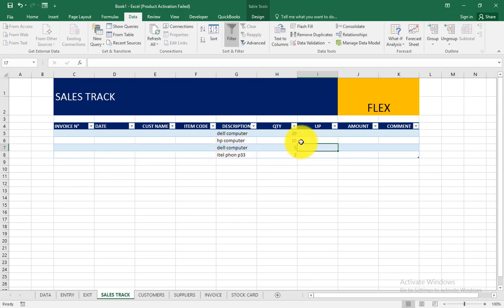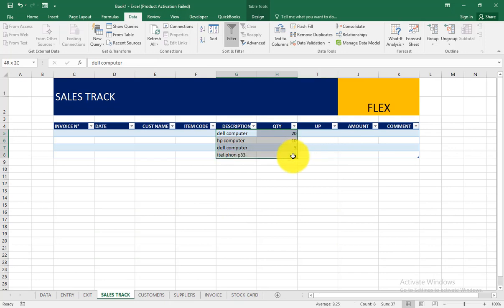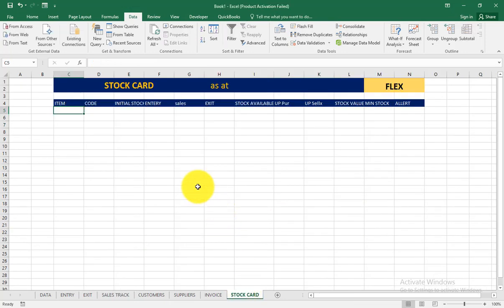So in the next video, we're going to see how to carry information from the invoice to the sales track. For now, we just need this information to automate our stock card, because we will need to verify whether it is actually given. Now, our stock card is going to be